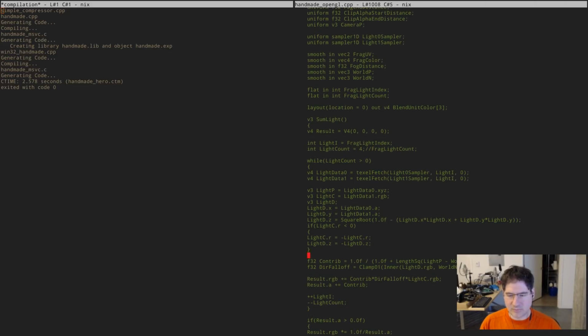And so again, I think regularizing this code a little bit more would be good. So you can see us doing our texel fetching here, where we do a texel fetch with the light index, and those light indexes go in order. We fetch from the 2 different light samplers. And so one thing we could do, because we know that those 4 light values that are coming in here are values that we want to interpolate, we could probably do something a little bit more clever, where we just let the regular texel fetch figure this out for us, right? So,